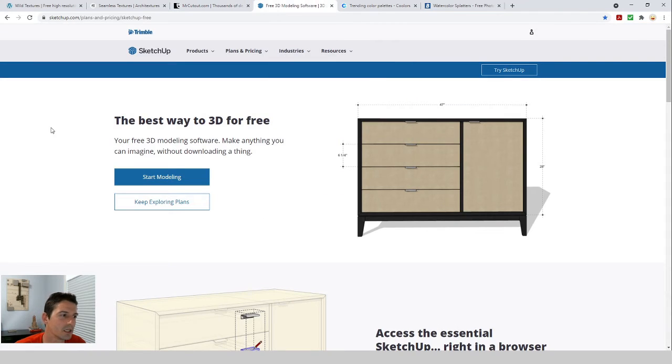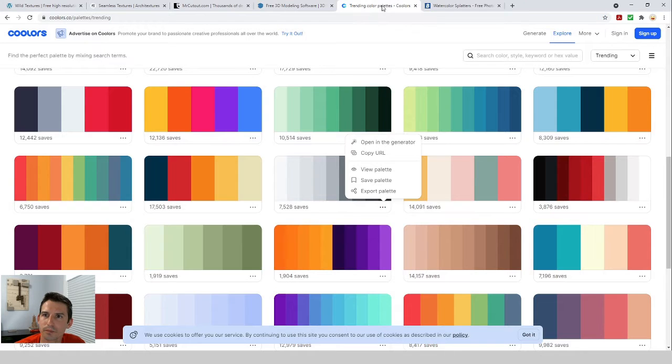SketchUp.com/free is a great way to access the SketchUp software that I'm about to show you. But then if you're using Revit, I'll show you a couple ways to export your line work as well using Revit instead of SketchUp. So either way, we're going to cover both in this video. Also,